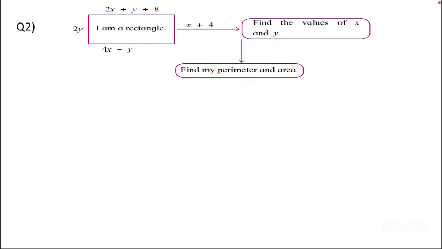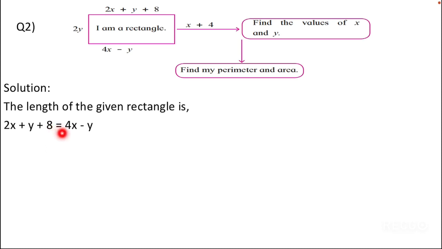So what we will do now, we do not have any ready linear equations over here using which we can find the values of x and y, but you can see that there is a rectangle, right? And we know that the lengths of the rectangle are the same and the breadths of the rectangle are also the same. So we will write length equals length, that is 2x plus y plus 8 is equal to 4x minus y,